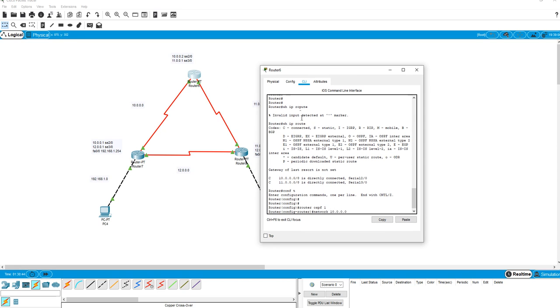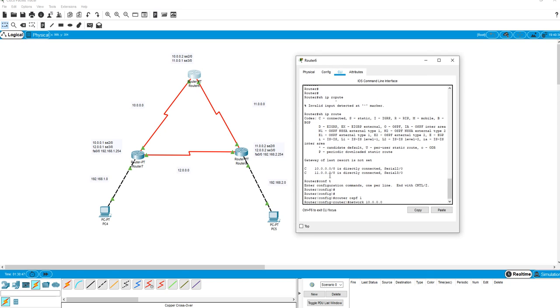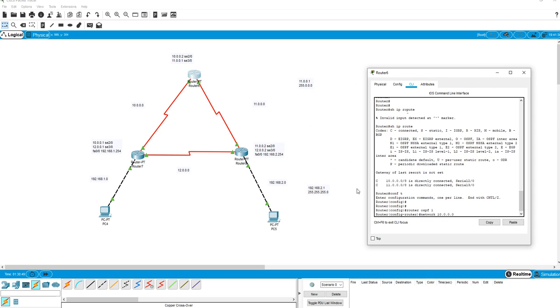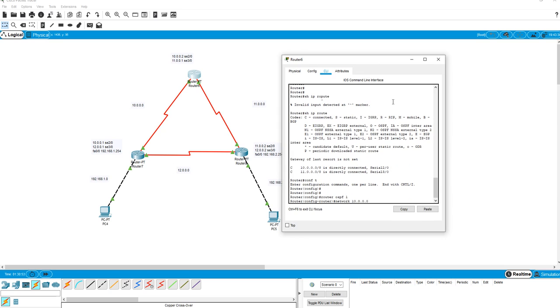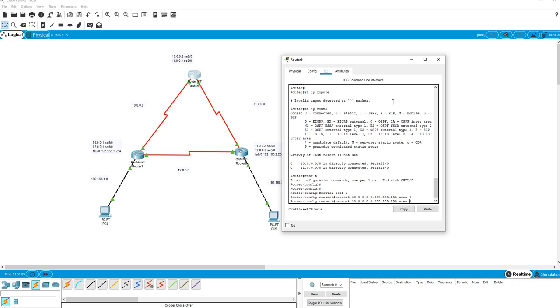It's on 2, 10 and 11, and it'll be a wildcard 0.255.255.255, and that'll be area 0, because we're all in the same area. And I'll put in 11,